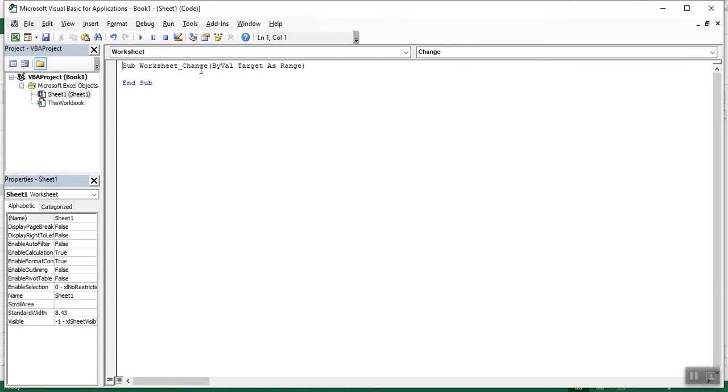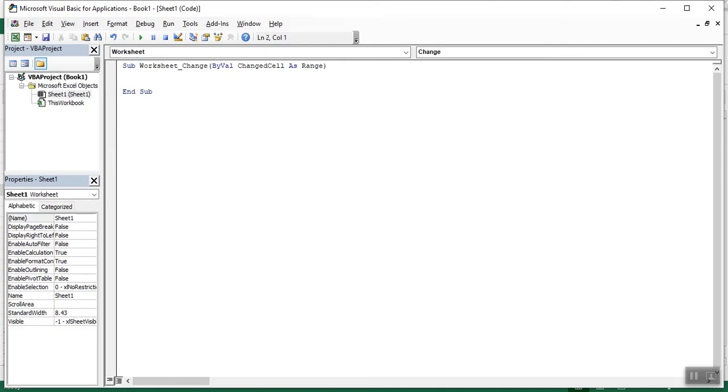Sub Worksheet_Change, ByVal Target. Instead of Target, we will be using ChangedCell. Okay, so let's update this. Okay, so this is done.